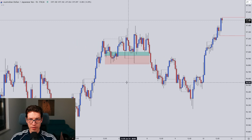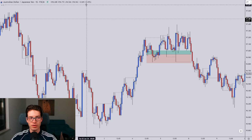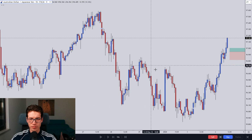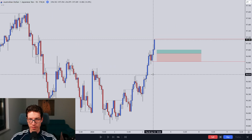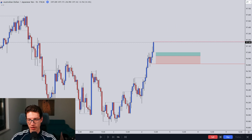Aussie and the Japanese yen, so very interesting price action. I did take a trade on the Aussie and the Japanese yen, so let's run through the trade. It was right here. Last recap was around Wednesday. What was I seeing? Well, basically, I was seeing not that good price action here. Not the best, but then strong momentum definitely kicked in